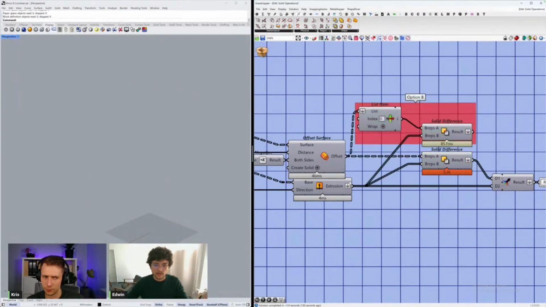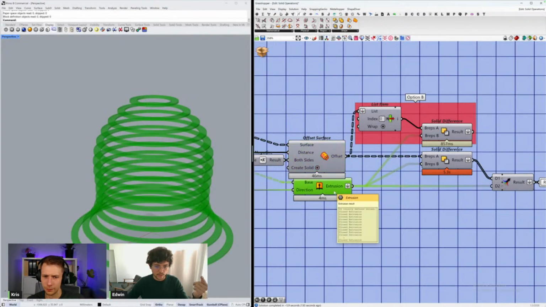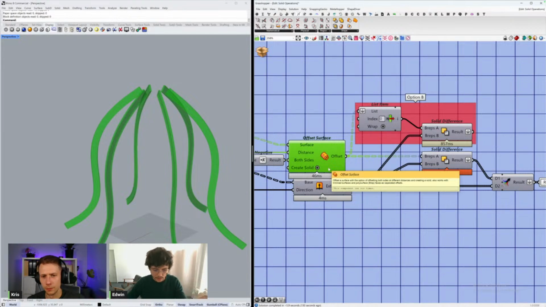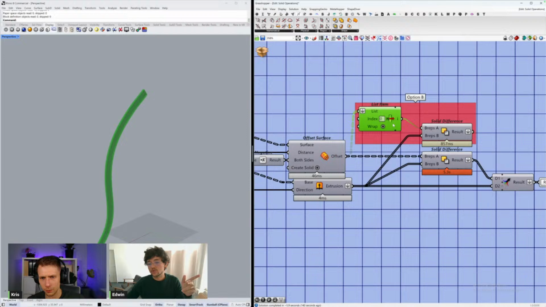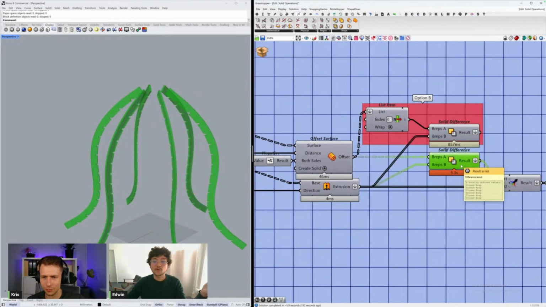The thing here is that if I know that every single one of these ribs is just being rotated, that means every single one of them is identical. If every one of them is identical, then I just need to do the difference on one of them. So I just take one of them, I do the difference. As you can see, it takes way less time. And then after we do this difference, we can start to do the rotation of the ribs. That's a very simple tip, but I have reviewed many Grasshopper scripts, and sometimes people don't do these little steps.